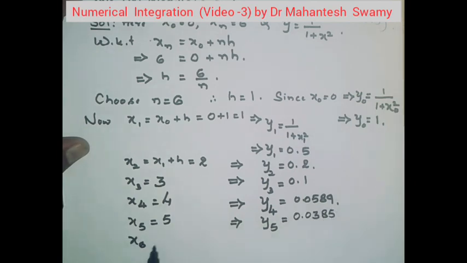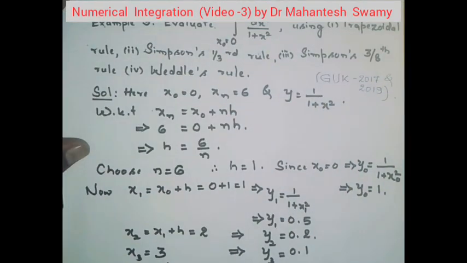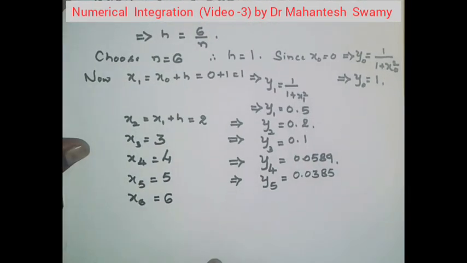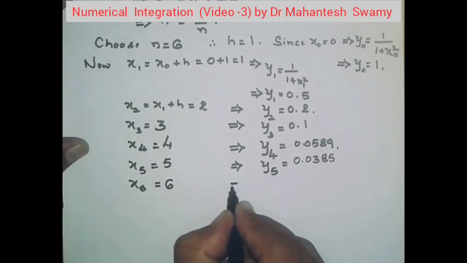x6, of course, must be the upper limit, it is the final value. x5 is 5, x5 plus h, 5 plus 1, it is 6. You look at that, n is 6, x6 is 6, and this is the same as the upper limit of the integral, that is 6. So now let us evaluate the value of y at x6 and take it as y6,